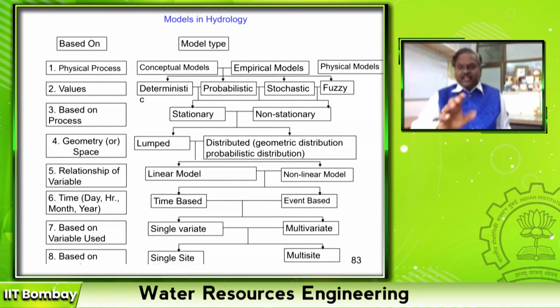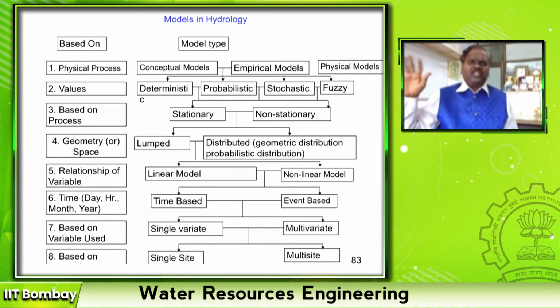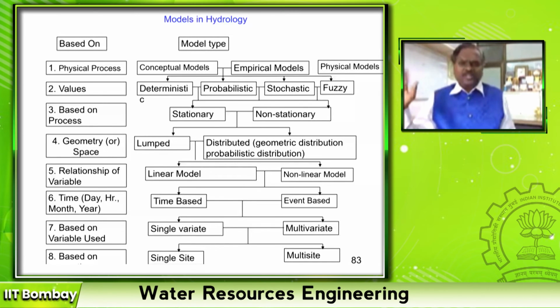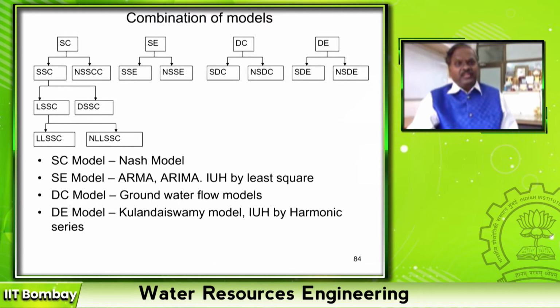Okay, so these are all various models developed and applied successfully in the field of hydrology to predict each and every hydrological process. We are talking only about rainfall and runoff. There are several conceptual models to predict evaporation, evapotranspiration, right? So for all hydrological processes, this is the concept of models. Okay, so I think I have given some examples.